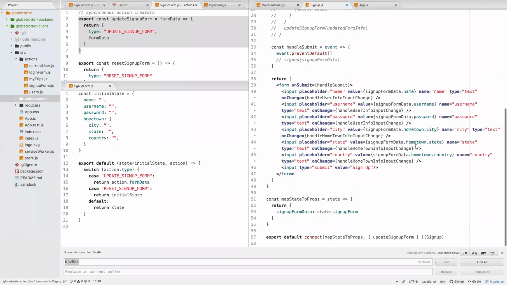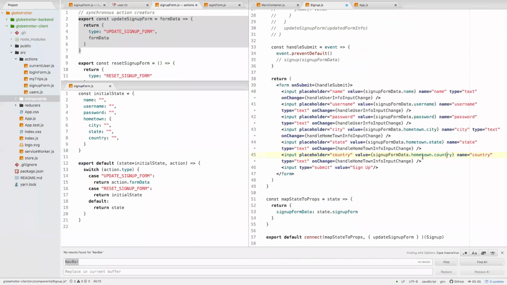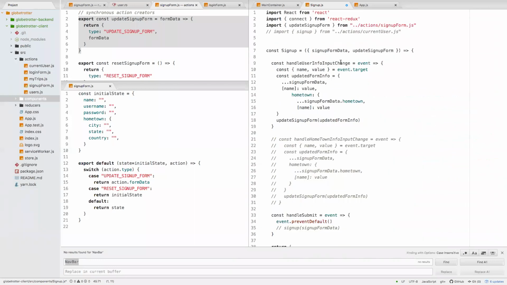Suppose that I'm updating my state. Okay, that's a terrible word to say. Let's say country. If I'm updating my country, the name is going to be, of the input, country, and the value is going to be USA, for example. The way this is written, I'm going to add a property to the top level now called country with a value of USA, and I'll do the same thing inside of hometown. I only want it inside of hometown,